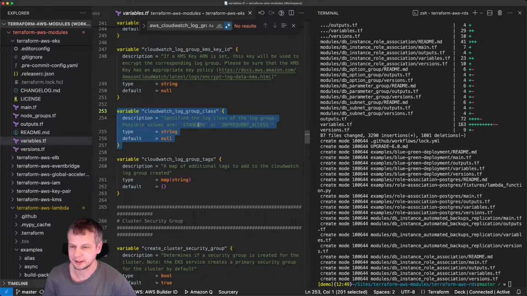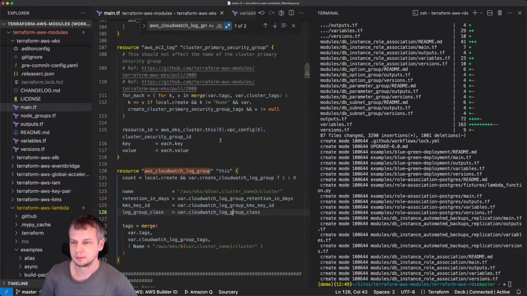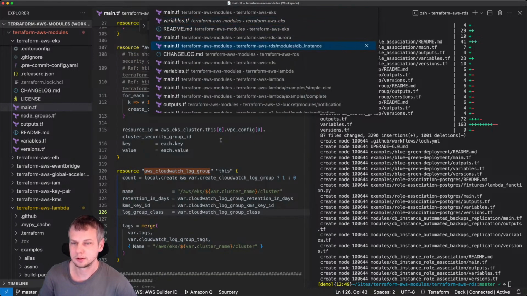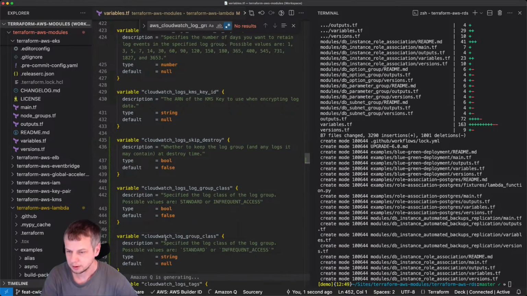I wanted to find exactly this syntax and this default. That's much better. Go to my variables and CloudWatch log group plus. But in the Lambda module, we have CloudWatch logs every time.